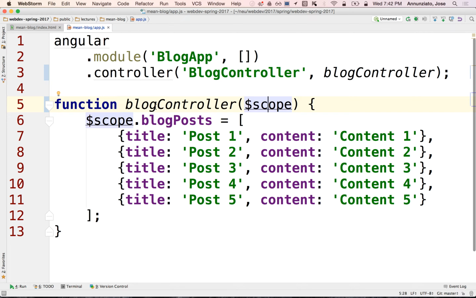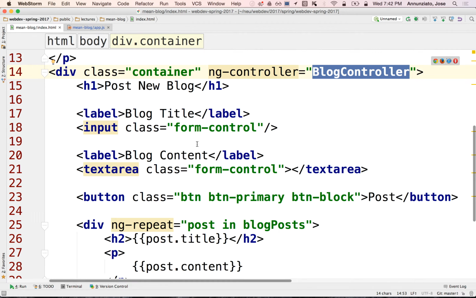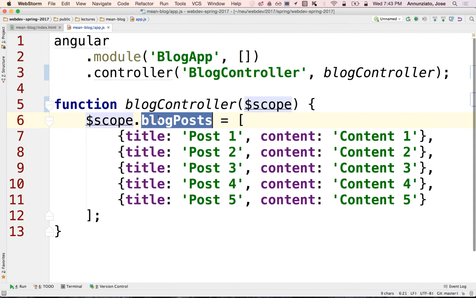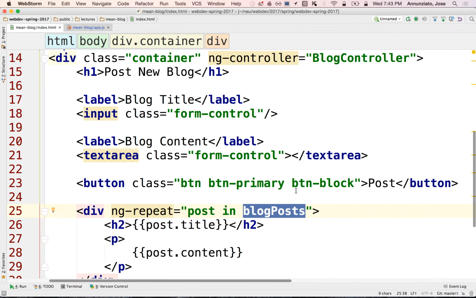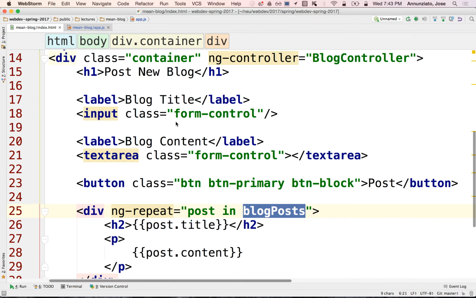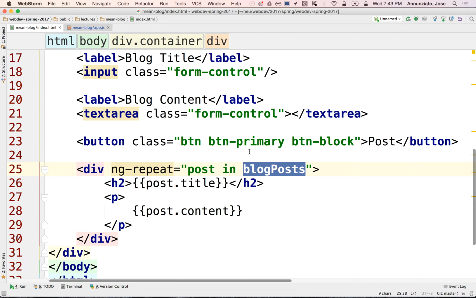That gives me all sorts of magical powers to talk to the rest of the infrastructure. In particular, it allows me to bind objects to that instance, so that I can make it available on the other side of the fence, these HTML templates, so that I can pass along variables such as posts, blog posts. So by declaring this array on this variable here, on the scope, it now becomes available on the template by name. So this blog post refers to this blog post right here. Everybody okay? Now that it's declared in the scope of this template, I can refer to it by name right here, block posts, and I can use it as a variable in other bigger expressions, such as this expression over here that allows me to